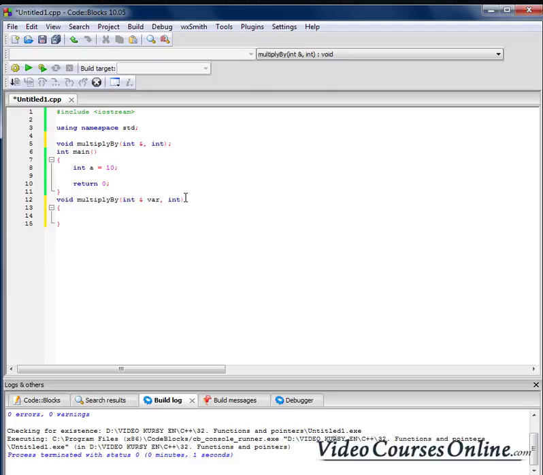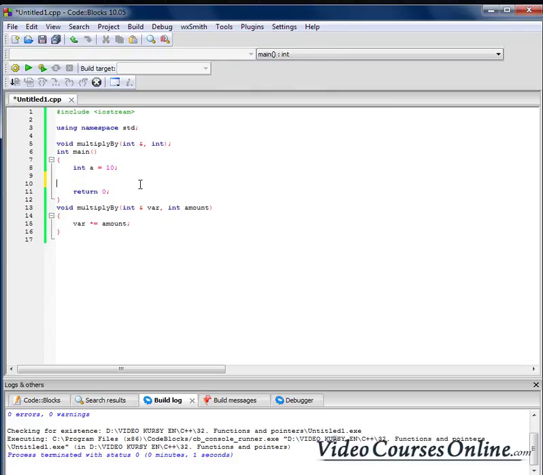And now, here we have the variable that we want to multiply by something, and here is the amount that we want to multiply by. Because this is a reference, the definition and initialization looks like that, equals here the a, and now the var is just a nickname for a, right? And because of that, when I, for example, do something like that, I am changing the value also here,